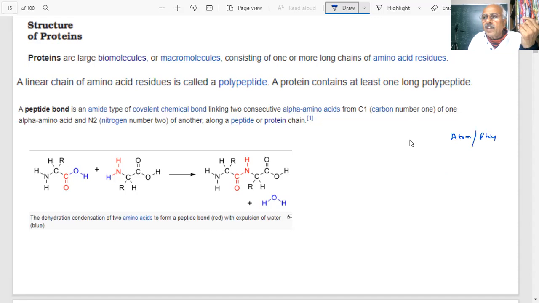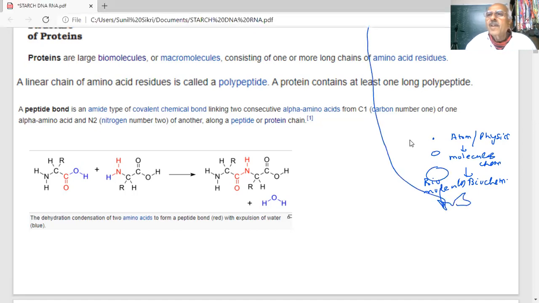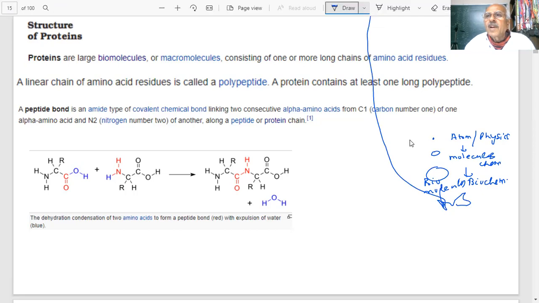In physics you are dealing with atoms and their structure, what is inside the atom. Then in chemistry you are talking of molecules. And from chemistry you are going to biochemistry, that is biomolecules. This is small, this is bigger, this is still bigger. And then what is happening? We are learning everything, that's all.